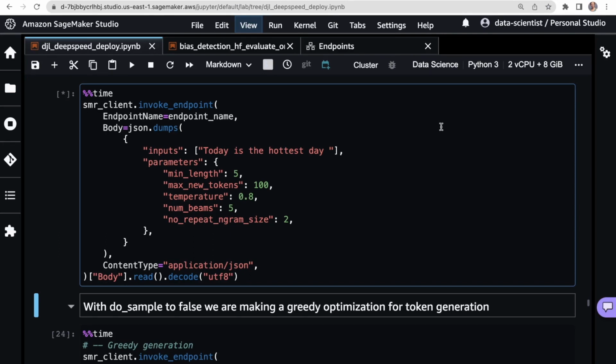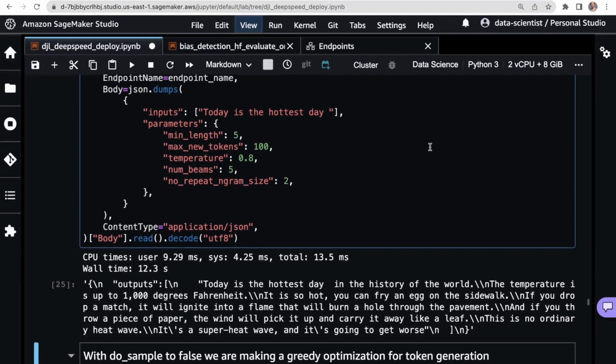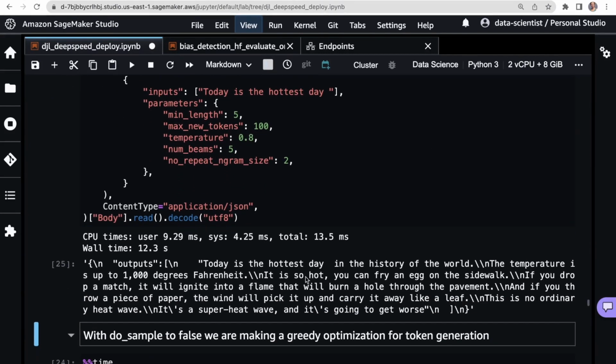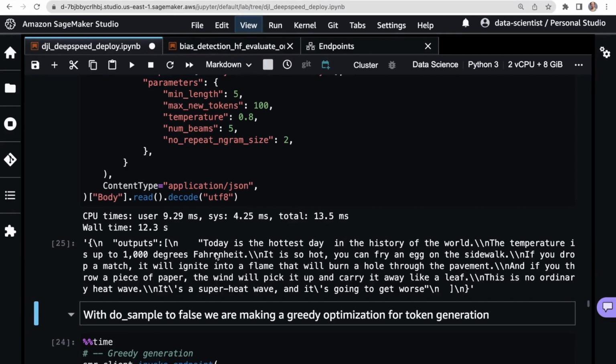So it takes a bit because it's quite a large model. So you're invoking the tensor parallelism here. And then here we go. It's quite an aggressive temperature, up to 1,000 degrees Fahrenheit. Goodness.